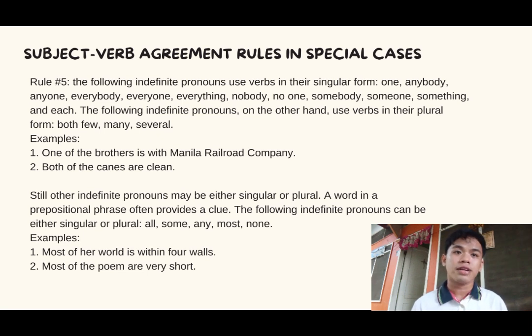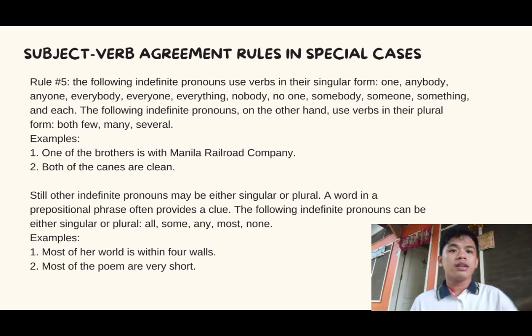However, on the other hand, the indefinite pronouns that are allowed to use verbs in their plural form are both, few, many, and several. So here is the example. One of the brothers is with the Manila Railroad Company. So as what we have observed, our subject here is one, meaning that we are going to use a verb which is in a singular form. And the same goes with the second example. Everybody loves ice cream. So everybody is singular, meaning that we are also going to use a verb that is